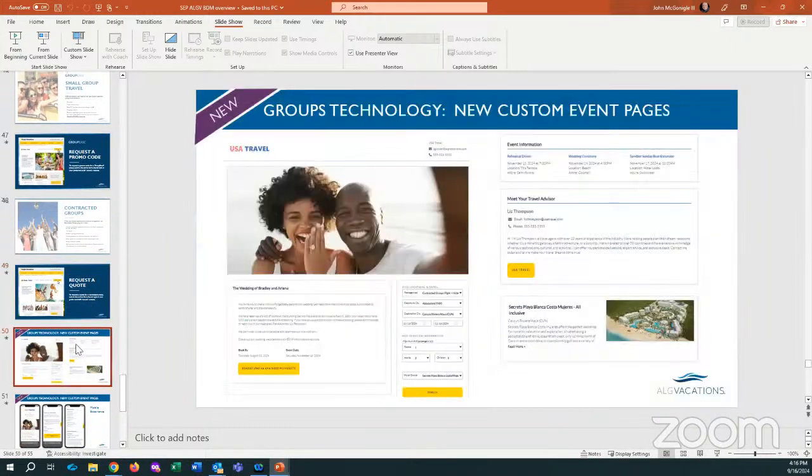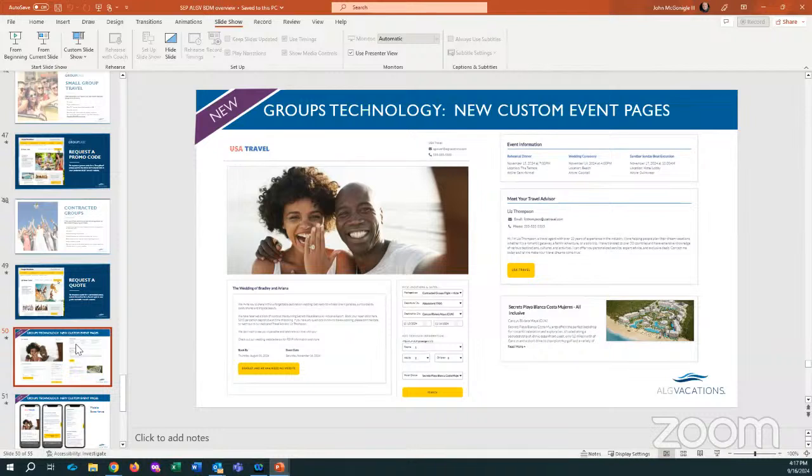One of the newest things since we did our training all together as Mommy and We and Apple Vacations was we've launched our new custom event pages. This is really cool. I don't know if any of you have used this. We've only originally had this for our group, our flexible or groupies, where you weren't holding inventory, where it was just once the inventory and the room categories were gone, that was it. We've bumped that up to include now our contracted groups, which are much more specific.